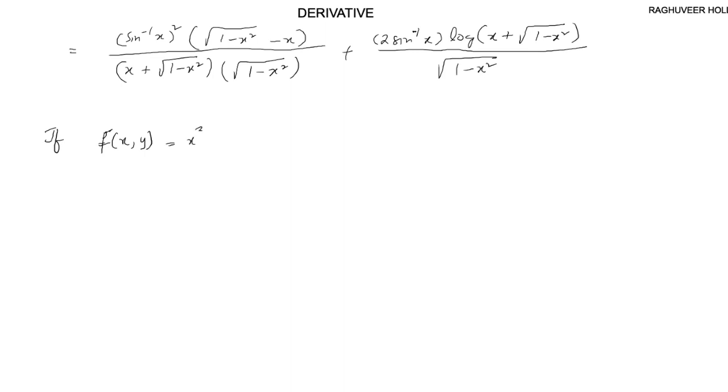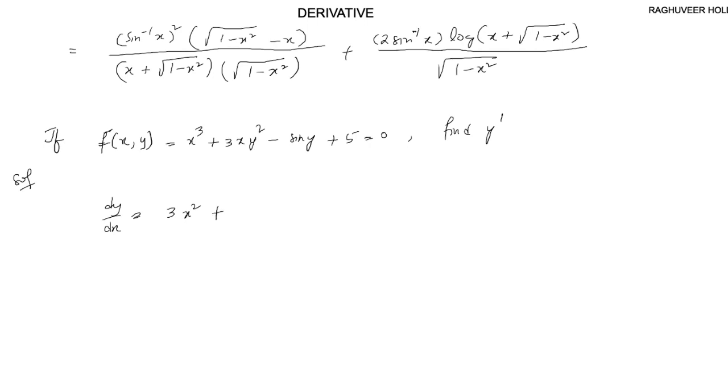So if f of x comma y is x cubed plus 3x y square minus sine y plus 5 is equal to 0, let us find what is y dash. Okay, solution for this. Now